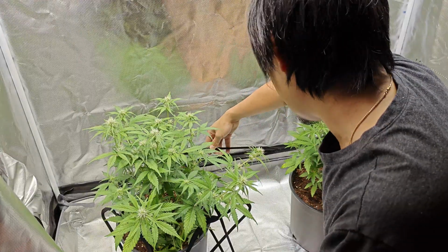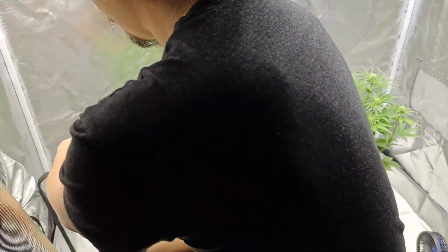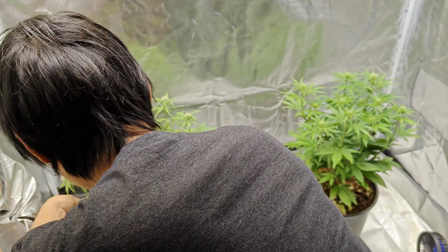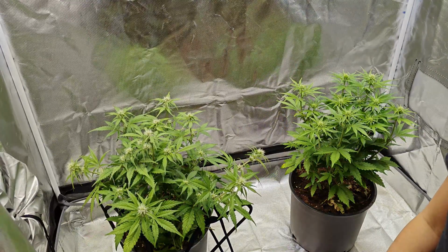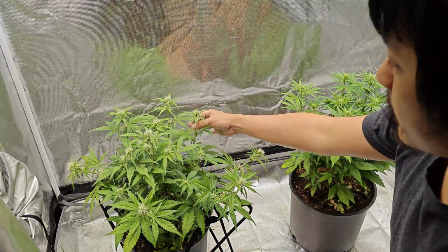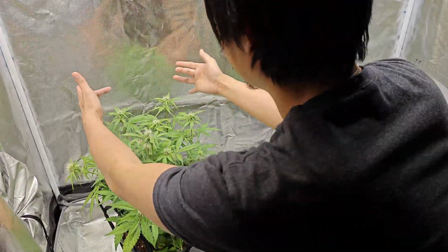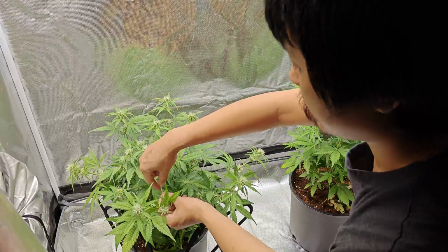I'm going to hang this on. This is the apical meristem, the main top. I'm gonna do it on him. Let's find a good spot. Bam. This is not optimal. I need more hangers. I probably need at least 3 more hangers for these three, the 3 tall guys. Maybe 1 for this if I wanted to, or I'll show you how